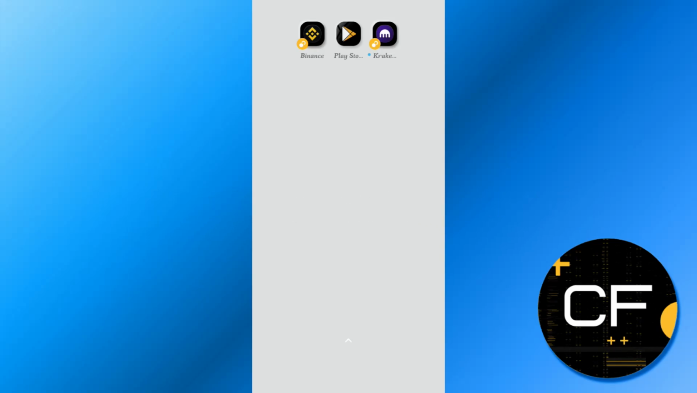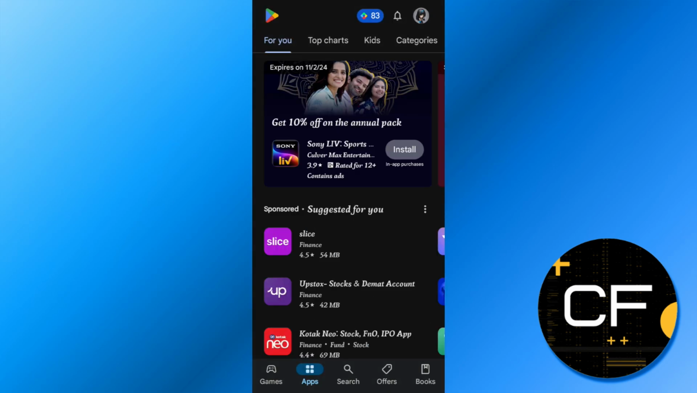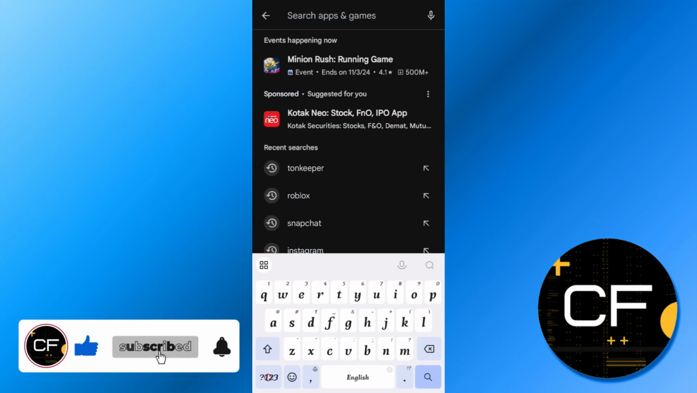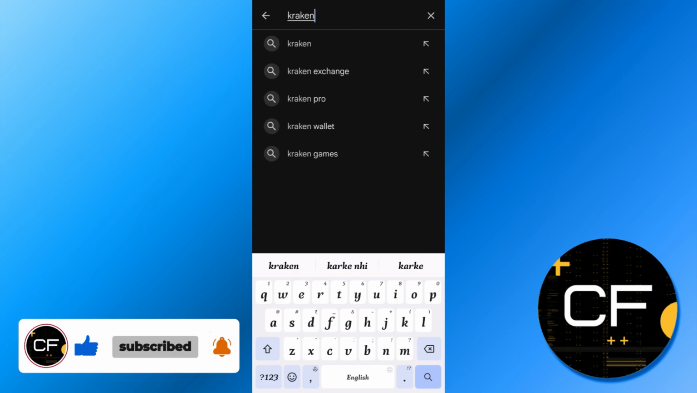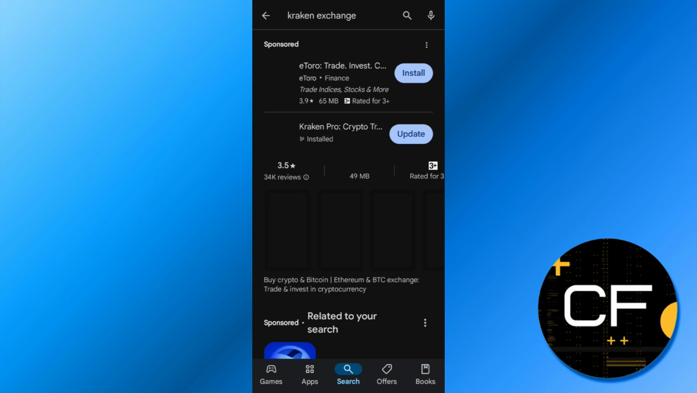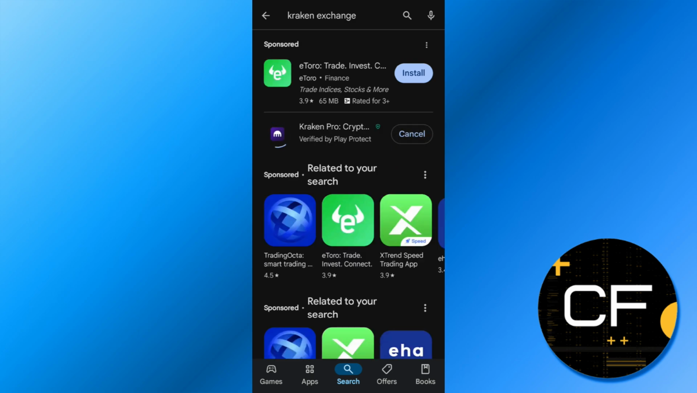Now, in order to create your account on Kraken Exchange, you first need to download and install its application on your device. For that, you just have to simply open your Google Play Store or your App Store, and here in the search bar you need to simply search for Kraken Exchange. Now once you are able to find its application, you just have to simply download and install it on your device. Now once you have successfully installed it, you need to tap on the open button in order to open